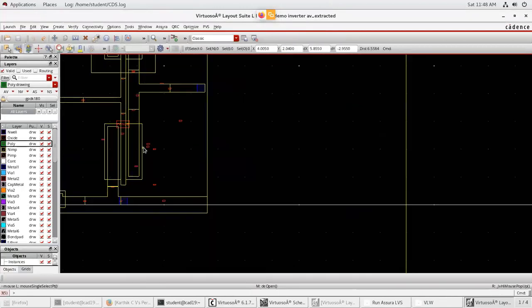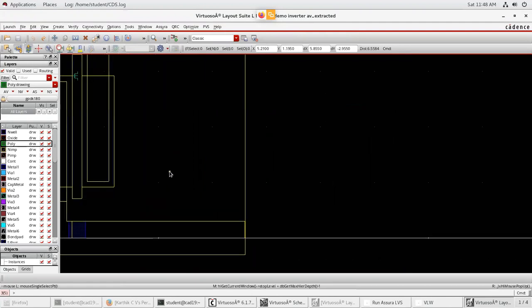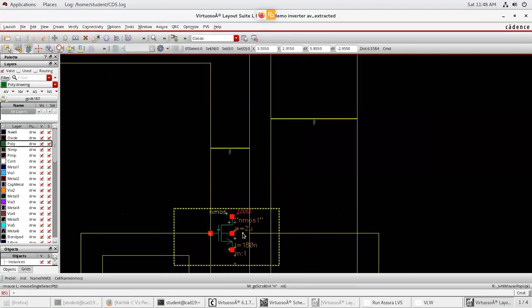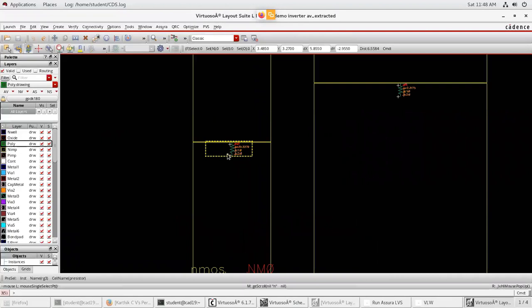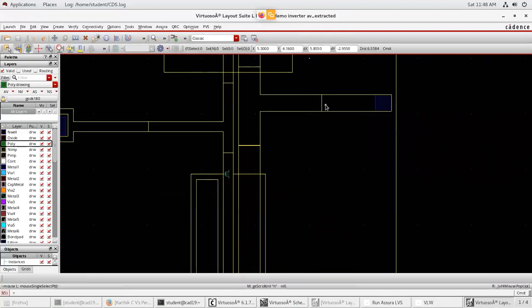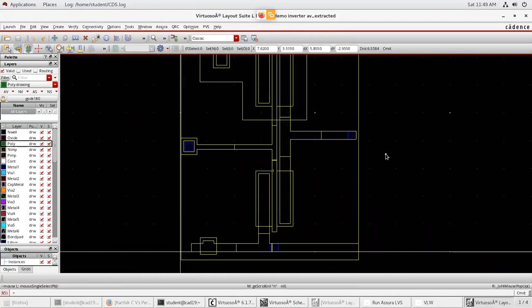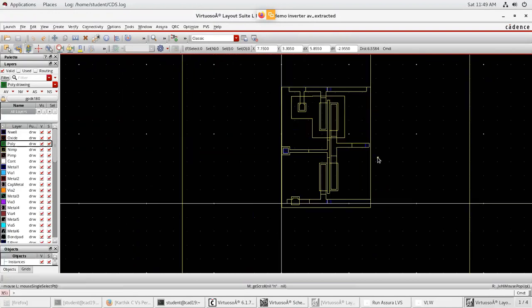So here you can just observe the parasitic resistances and capacitances. This is my transistor. These are my parasitic resistances. So I'll be having the capacitor here. You have the parasitic capacitor here. So these you can observe. So we'll be stopping at this point for this particular lab. If you want to further continue, we can do back annotation. Using this layout, we can do the simulation again. Thank you.